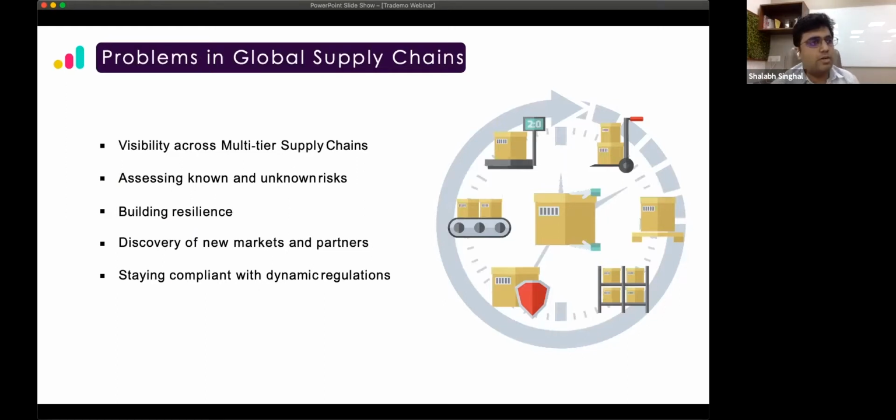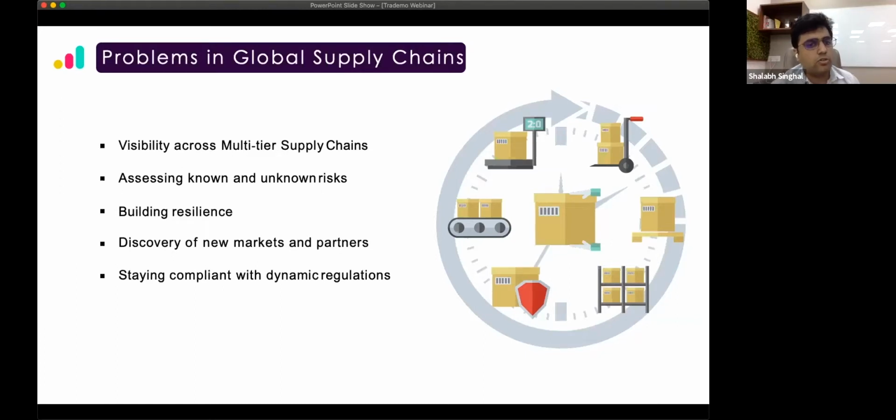And the lack of this visibility and data in the overall supply chains makes it extremely hard to assess the known and the unknown risks which are prevalent in your supply chain. Most of the businesses today, not just small and mid, even the larger businesses, lack tools to understand how they can build more resilience in their supply chain. Let's take the example of the Suez Canal, the overall cost of containers going through the roof, the semiconductor shortage, which is still prevailing. These are not just black swan events like COVID, but events which happen very regularly in global supply chains as the world is becoming more connected.